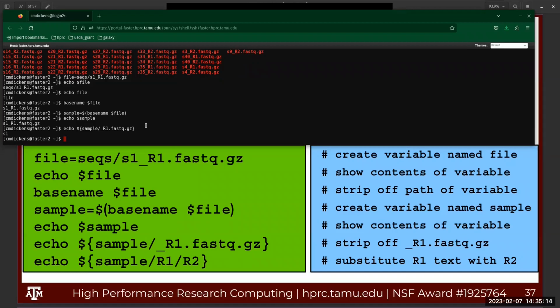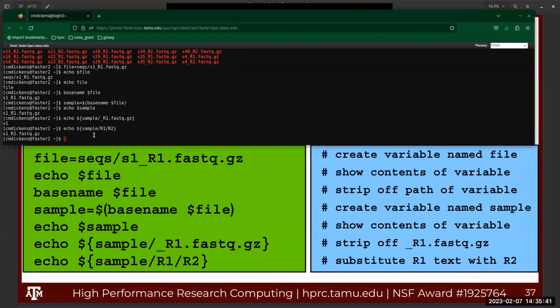Okay. And then what you can also do, notice how I did // here to do the removal part. So this removes this part. If you want to do a replacement, then you just do R1/R2. What this means is whatever matches R1, replace it with R2. So now you can see the sample is sample 1 R2